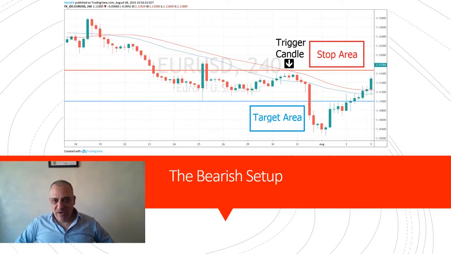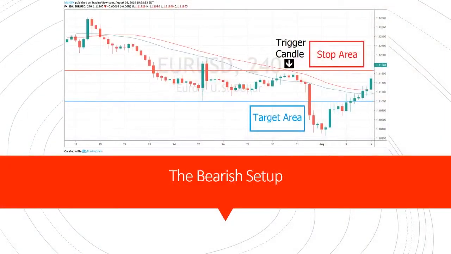This is the euro dollar, also a 4 hour chart. As you can see, 4 hour comes up a lot in my examples. I love this chart. Of course, it's a trade-off. When you use short time frames, you can get amazing setups. Sometimes I use the 5-minute chart, the 15-minute chart. But the targets for these